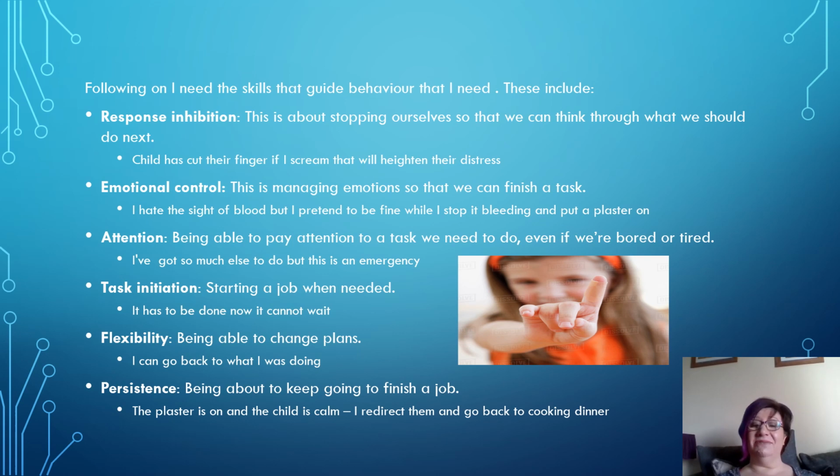But what I can do as an adult is rise above that, put in response inhibition, and not do something that would be impulsive. So who knows a child who literally says what they see, and it might be, your hair looks dreadful, or what's that spot on the end of your nose, where the rest of us would be controlling that response, they're unable to control it.